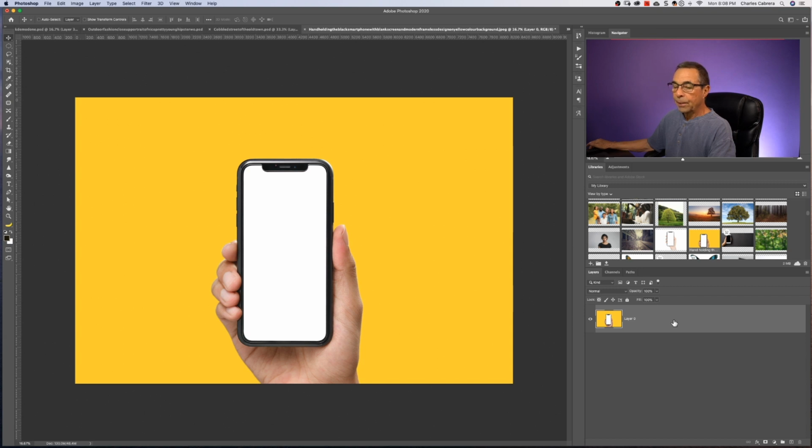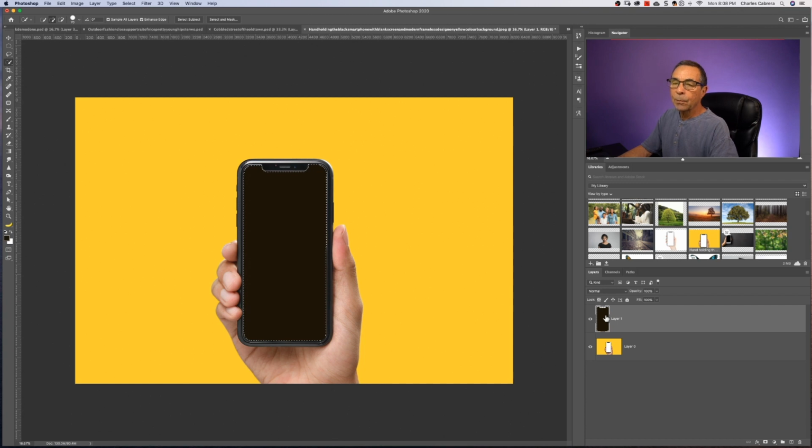On this layer here with this phone, I'm going to use the quick selection tool. I'm going to come up here and get the quick selection tool and select the inside of this phone. Now I want a new layer with that selection on it. So I'm going to come down here and create a new layer, and then I'm going to fill this layer with black. Here on a Mac it is Option Delete, and black was my foreground color. I'm going to deselect that, Command D, and now I have another image that I want to bring in.